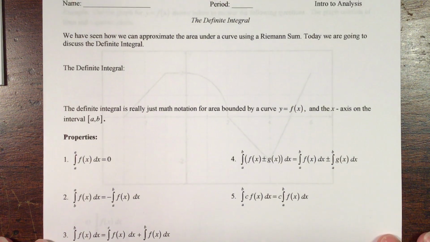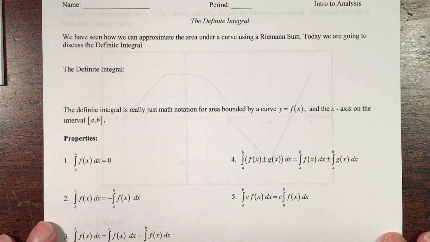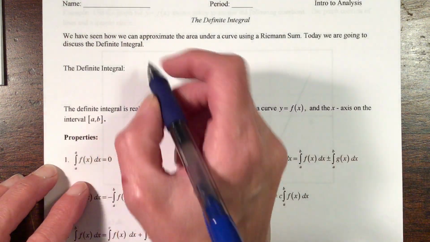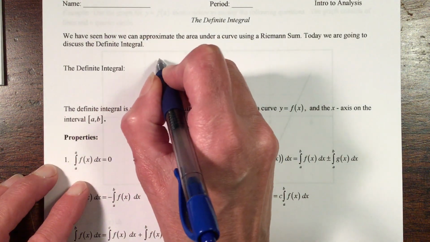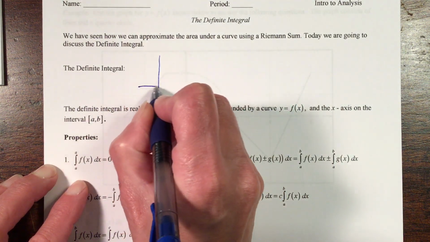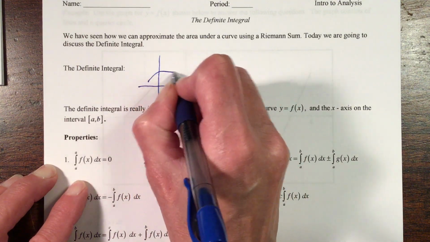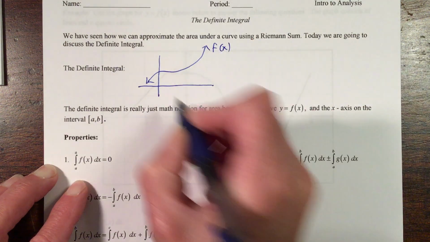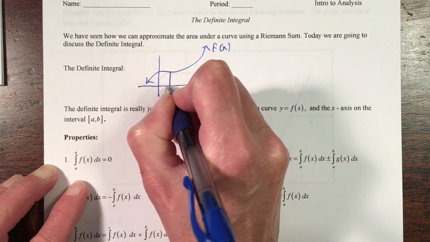So today we're going to be discussing what we call the definite integral. We have seen how we can approximate the area under a curve using a Riemann sum. Today we're going to discuss in a little more depth what we consider to be the definite integral. So just to remind you, if I have some given function, f of x, g of x, whatever the case may be, the definite integral